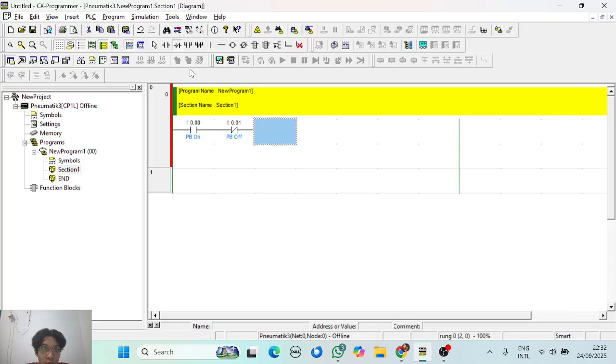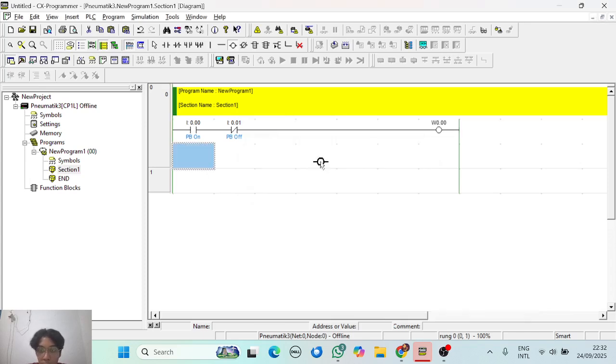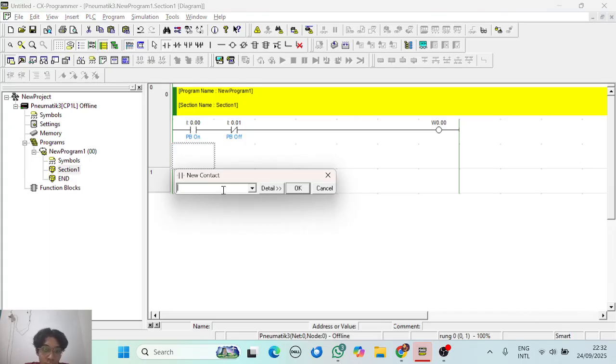And we add some output. Then we add a normally open contact.